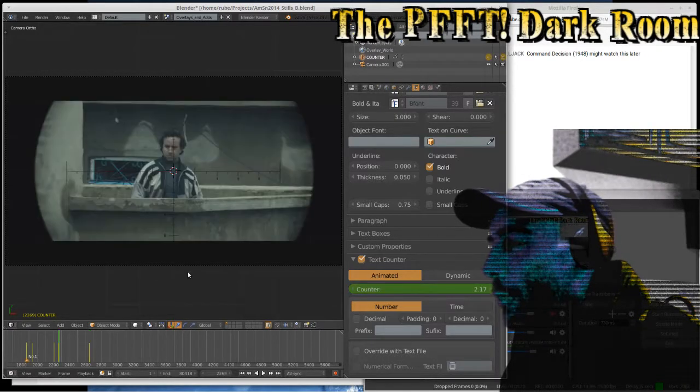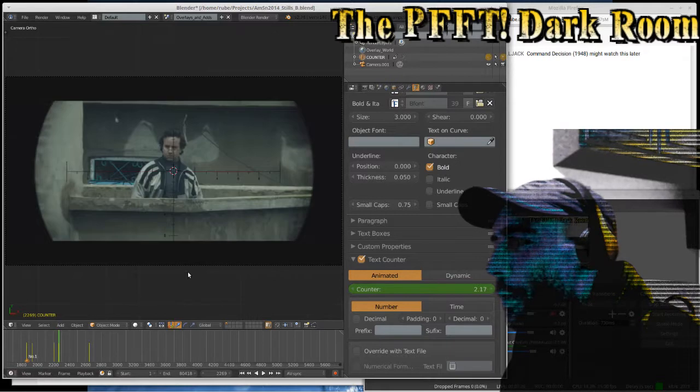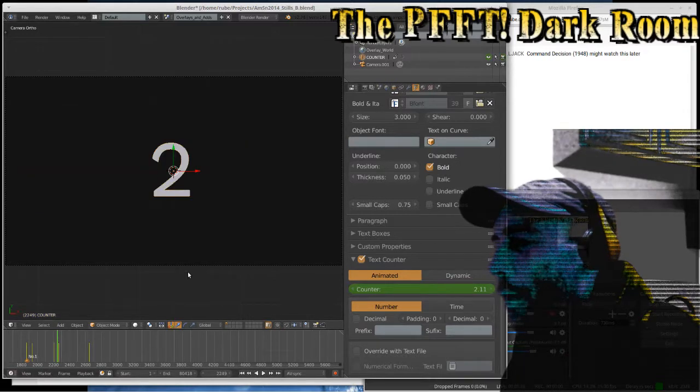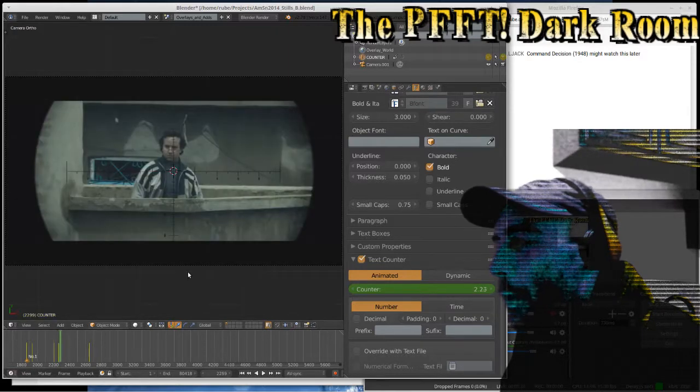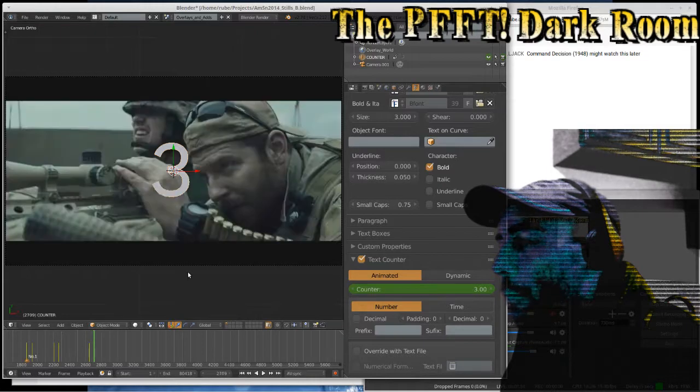If I go back to the previous keyframe, we'll see it'll remain 2 even though it's reading at a value greater than 2 there. Because it has no decimal value, it's only the full number. And then every 10 frames it advances. So finally it reaches 3 in time to come back on screen.